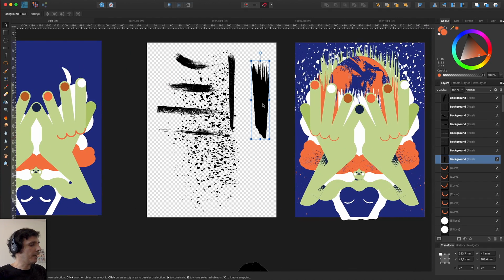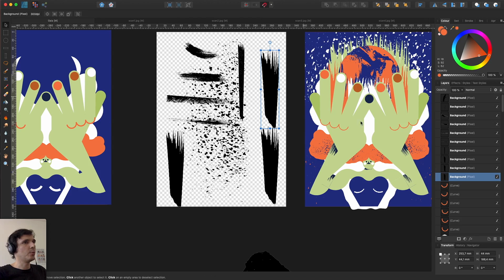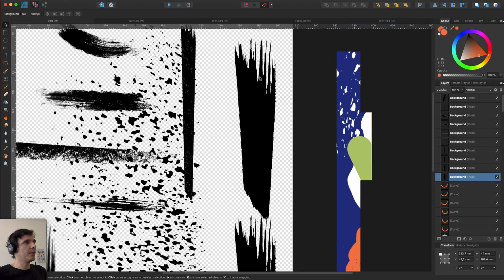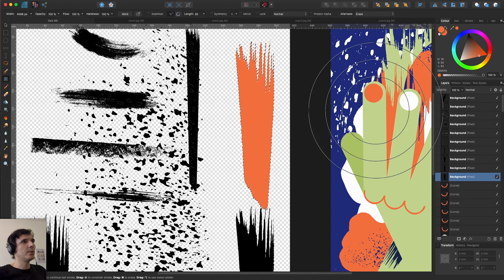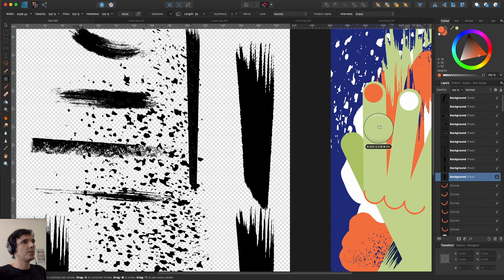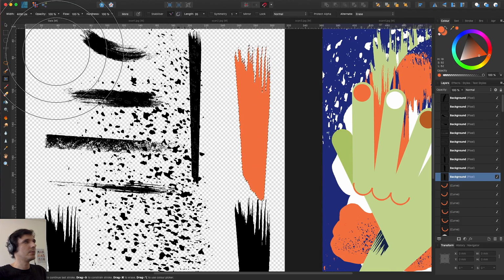So let's do that by copy-paste each one of them. First one, let's hit Command, hit the layer, and we have the selection. And just go here, orange. So here it is, orange.